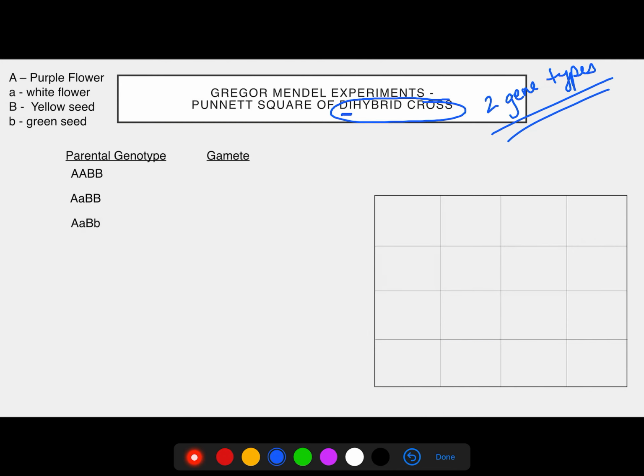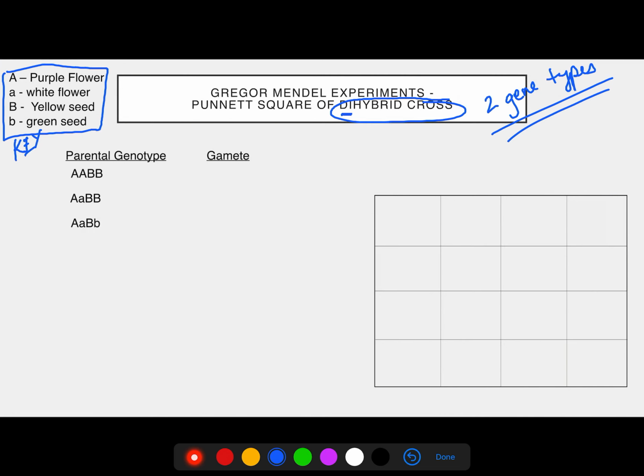This is going to require that you have two sets of letters, each one has a dominant and a recessive. So I went ahead and assigned them the letter, the dominant and recessive uppercase and lowercase, and then the phenotypic trait that is associated with those, and that's over here. So this is kind of what I call a little key for your gene to trait